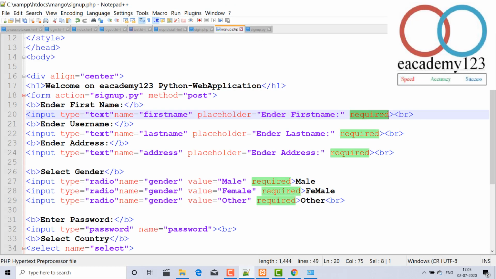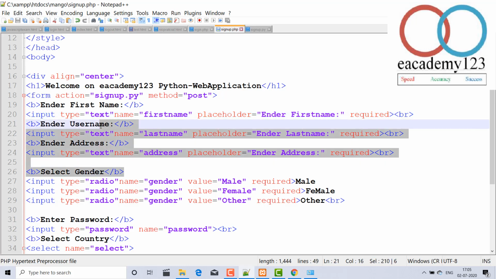So until you enter any values, you will not navigate to the next entries. Required, what does it mean? It is the client side validation. Okay, tongue twister. And it is the BR, that is used for new line break.